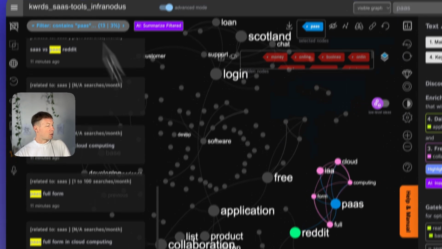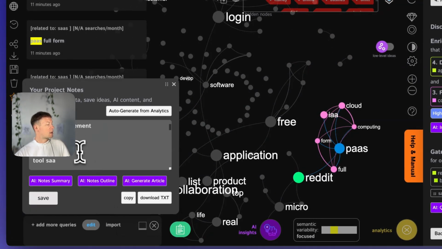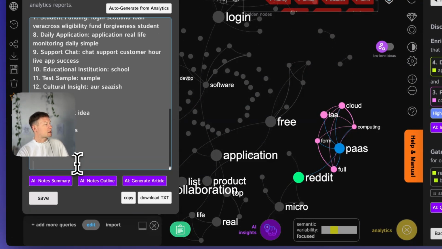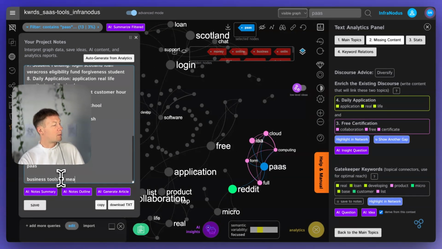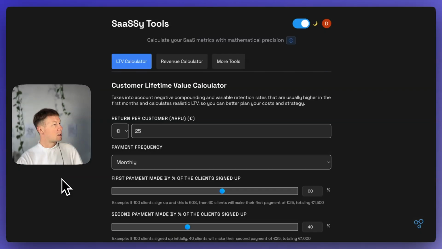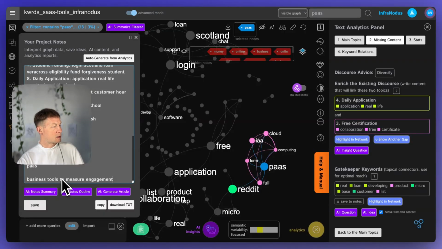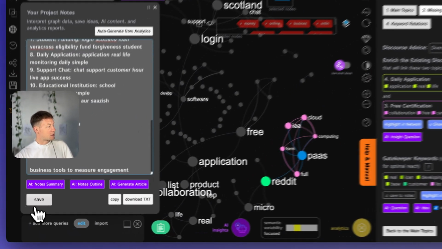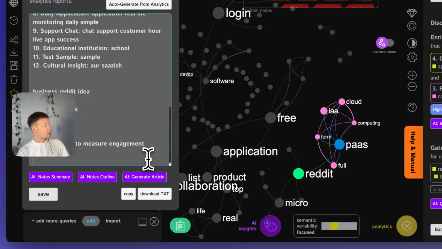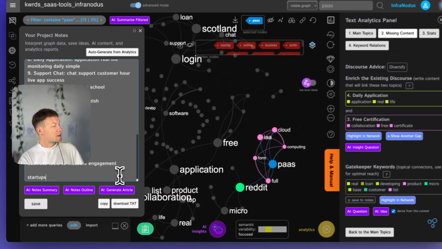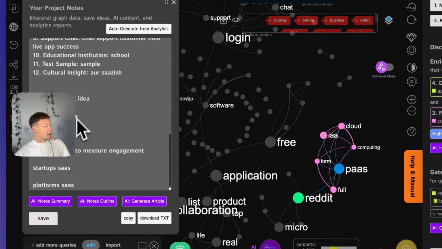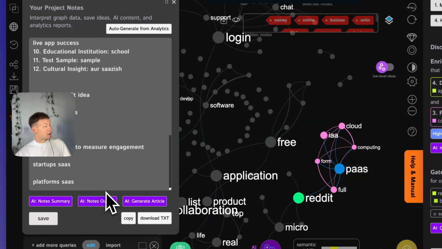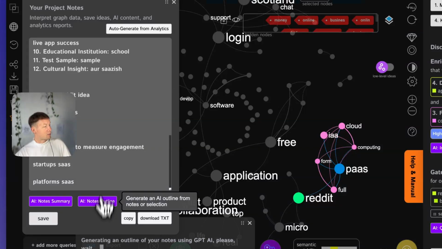So then I'm going to go back here and write it into my ideas: business tools to measure engagement. Yeah, so I'm going to save this, and then, just not to forget, startups, SaaS, platforms, SaaS. I'm going to save all these ideas, and then eventually I can just generate an outline from those notes